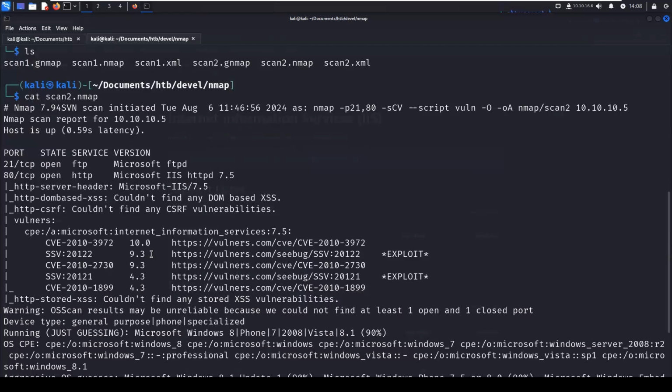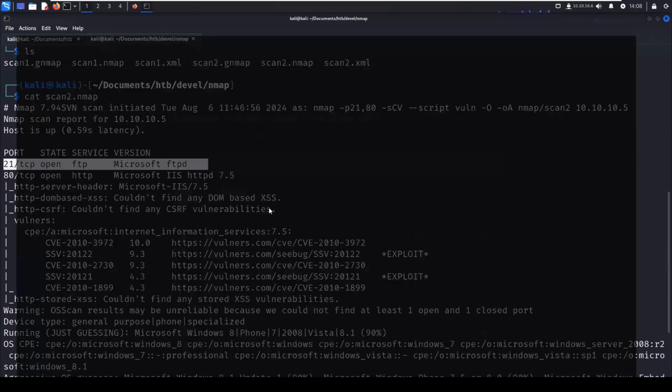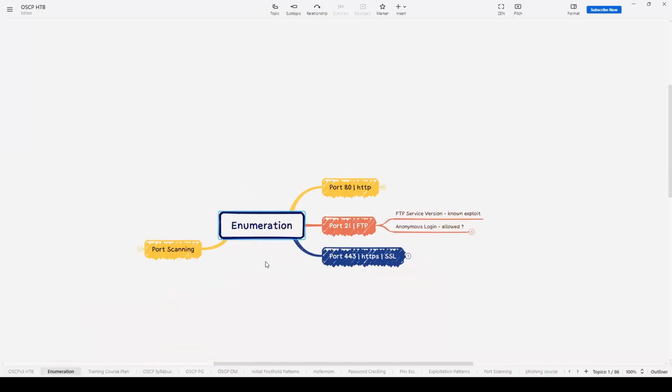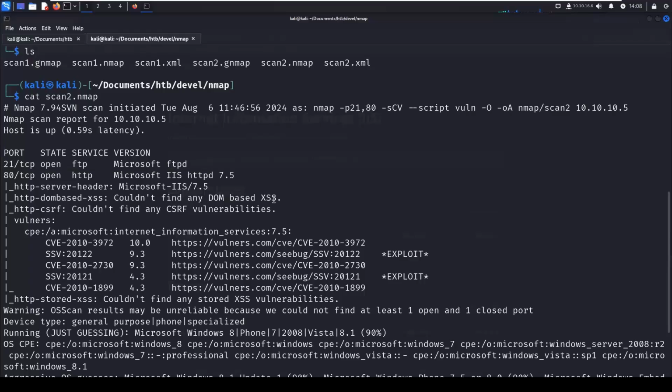So that simply means that now this machine warrants me to go about doing the manual enumeration. So I'll start with port 21. Okay, and I'll go back to my enumeration mind map. And if you see this port 21 FTP, the first step for the enumeration that I have mentioned is to look for the FTP service version and try to find if there is any known exploit around this. If I take a look into the FTP version,